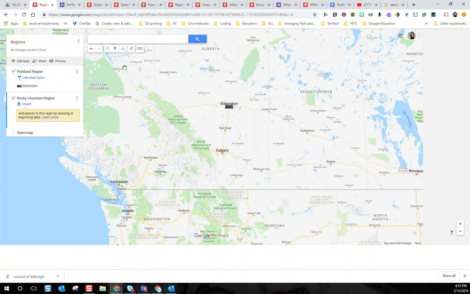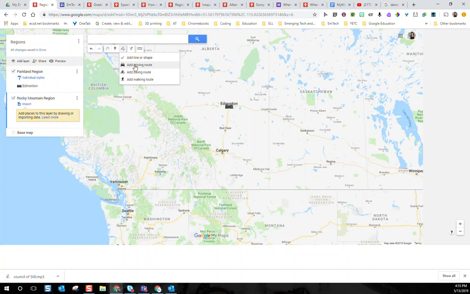Should we show just drawing a basic shape before we do a whole region, or what are you going to do? I think we can do this. So up at the top, what you're going to notice is the draw a line feature. With the draw a line feature, I can add a line or shape. I can add a driving route, biking route, walking route. So this is really fun.